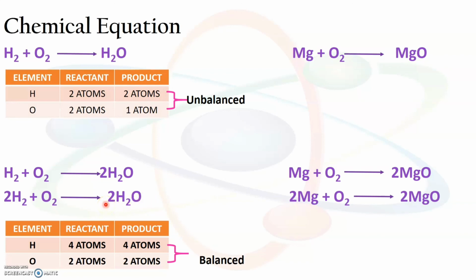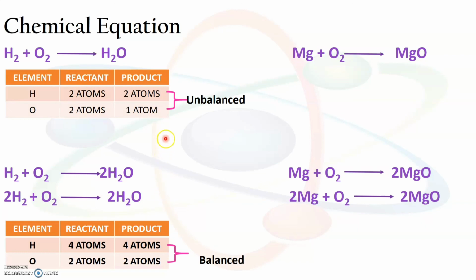There is 2 added here. So 2 into 1, that is 2 atoms of the element oxygen on the product side. It should be the same on the reactant side. Here when we check, we also see that there are 2 atoms of the element oxygen. So now we see that the number of atoms of the elements on the reactant side and on the product side are the same. Therefore, we say that this is now a balanced chemical equation, that is 2H2 plus O2 gives 2H2O. This is now a balanced chemical equation.